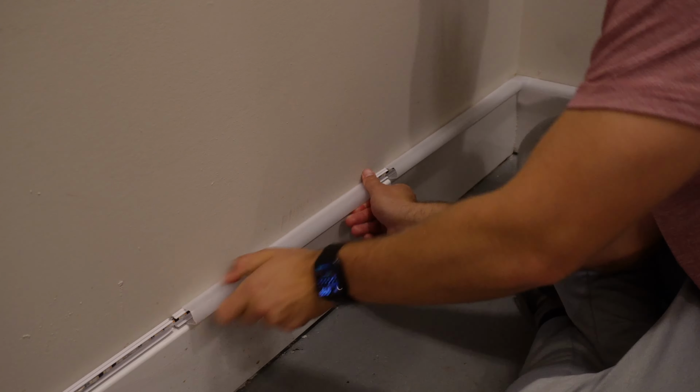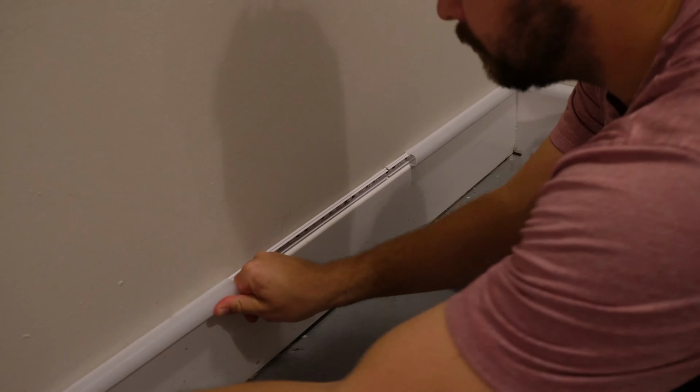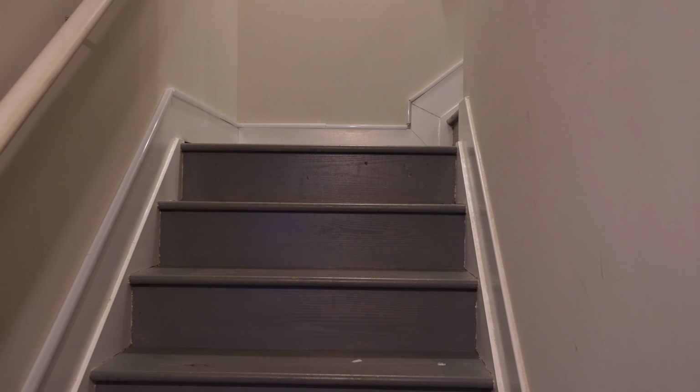Now, if you were doing a flat run, this could be a lot easier because you could just slide it along the track and slide it off if you have them all lined up. But for me, that was hitting these awkward angles or runs that ended in a wall where there was no clearance for me to slide that on. It was pretty frustrating to get those covers back on. However, with a little bit of elbow grease and some patience, I was able to get all those covers back